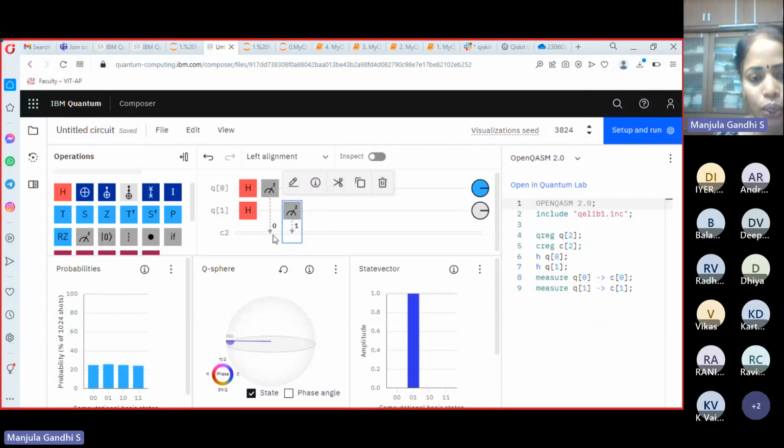Measuring Q0 and storing it in C0, measuring Q1 and storing it in C1. Initially, the probability of measuring each of these is 25% because we are in an equal superposition state. Let us inspect this circuit. So, first state,